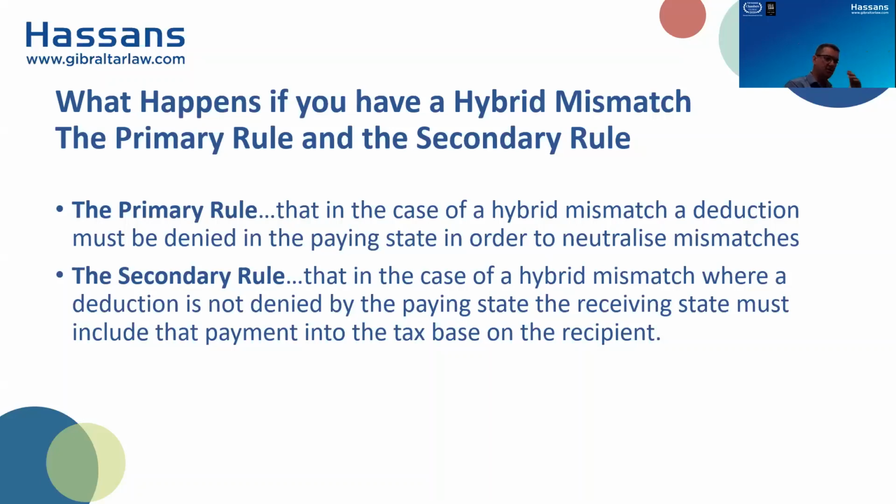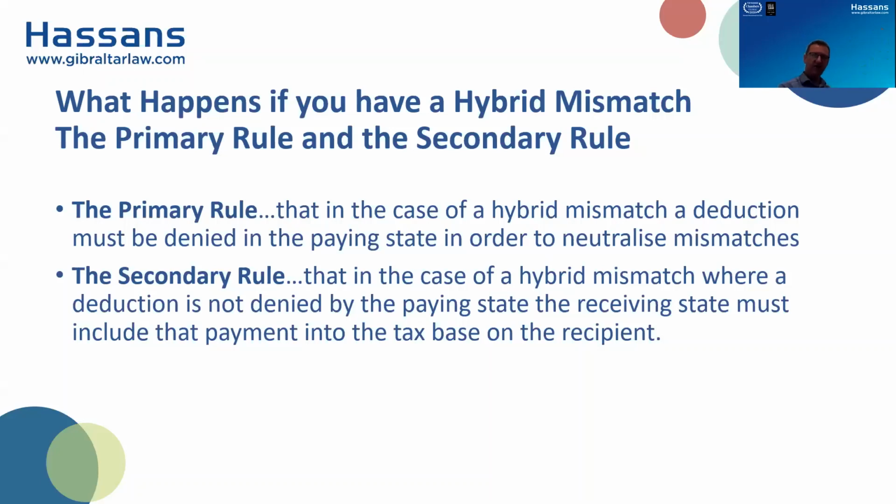So that's quite easy to do inside the EU because everybody is obliged to implement the directive. But if the paying country is a third country outside the EU, then there has to be a secondary rule to deal with hybrid mismatches that arise and a deduction is not denied by the paying state. Let's say the payment was coming from somewhere like America. I don't know if America has hybrid mismatch rules that would match this, but let's say that they don't. America makes a payment, it's received, it's not included in the recipient country, but the deduction is still allowed in